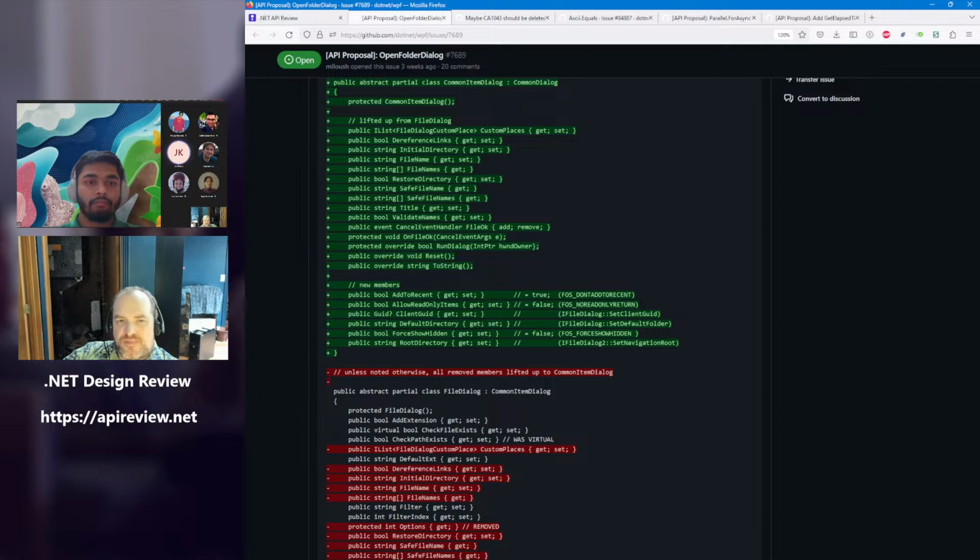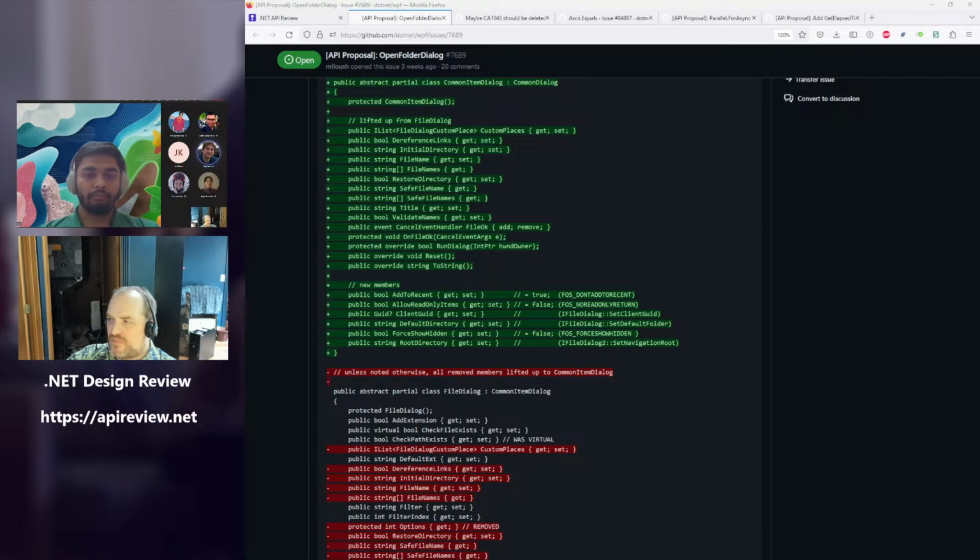Right. Also, to your previous questions about WinForms members, I just checked. WinForms has the AddToRecent one. It has the ClientGuid, and it has the ShowHidden one, but in WinForms that one is called ShowHiddenFiles. I'm happy to call it the same as in WinForms. In general, it'd be great to make things as similar as possible. There are members that WinForms doesn't have. It doesn't have AllowReadOnly. It doesn't have